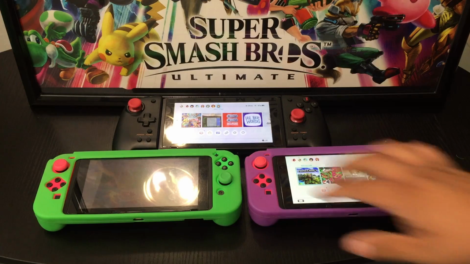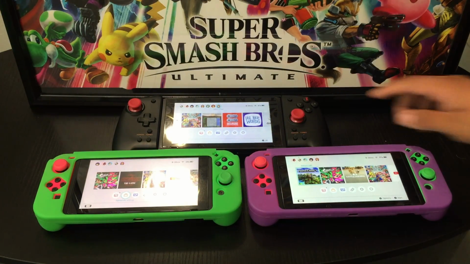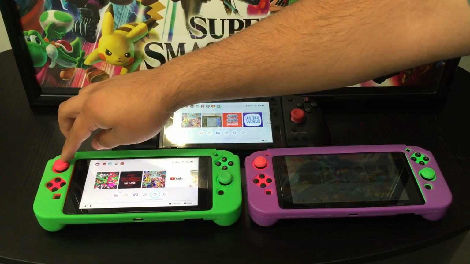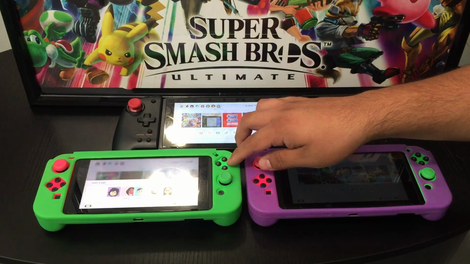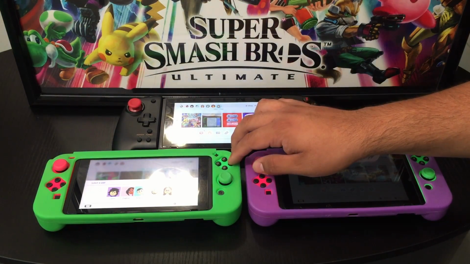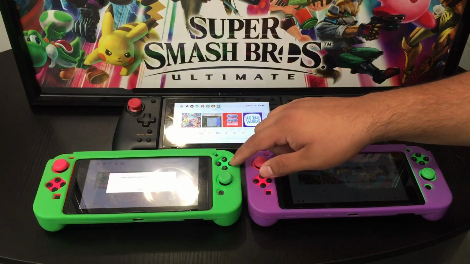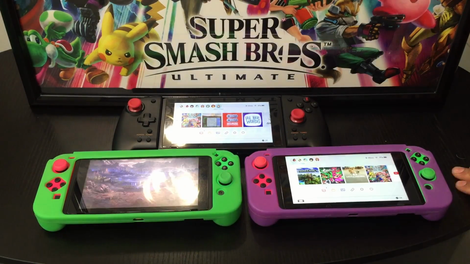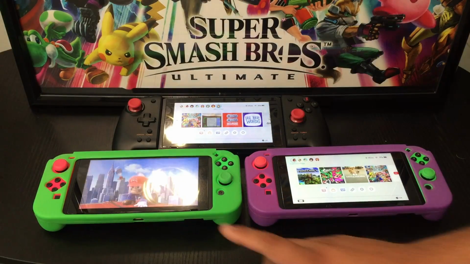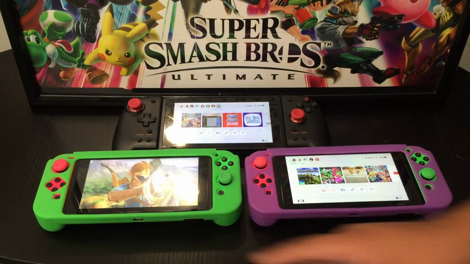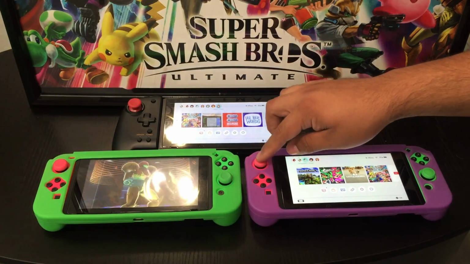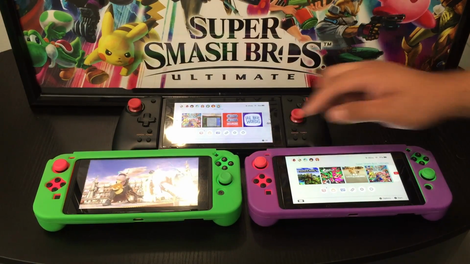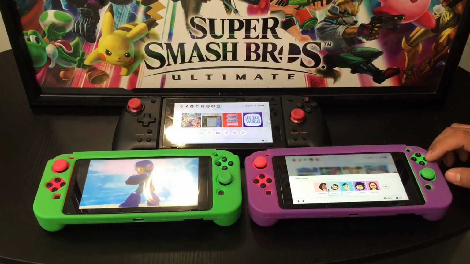So I'll go ahead and show you guys an example of that. On this Switch, we'll put on Super Smash Brothers under my profile. Right now it's checking to see if the software can be played. Okay, so now the game is playing on this Switch, and then let's say my other daughter wants to play